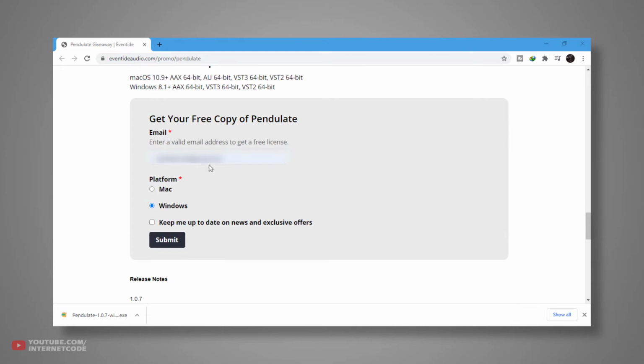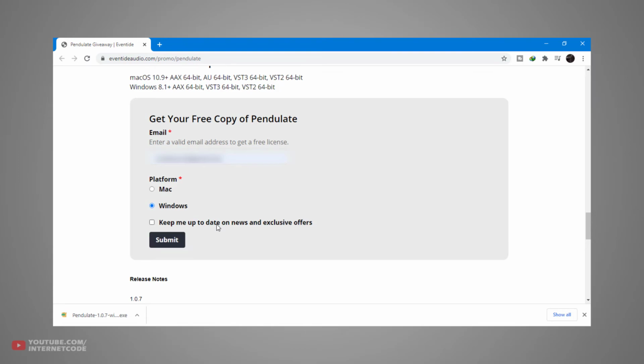Alright guys, so here you have to put your email address and you have to choose your platform. In my case, I have Windows, and if you have Mac, you can click on here. Again, click on here, and if you want to keep me up to date on news and exclusive offers, just uncheck this. If you want to keep it checked, you can check it. What they will do is they will send you an email every time they have something new or an exclusive offer, okay? I will uncheck that, and then I will click on submit,